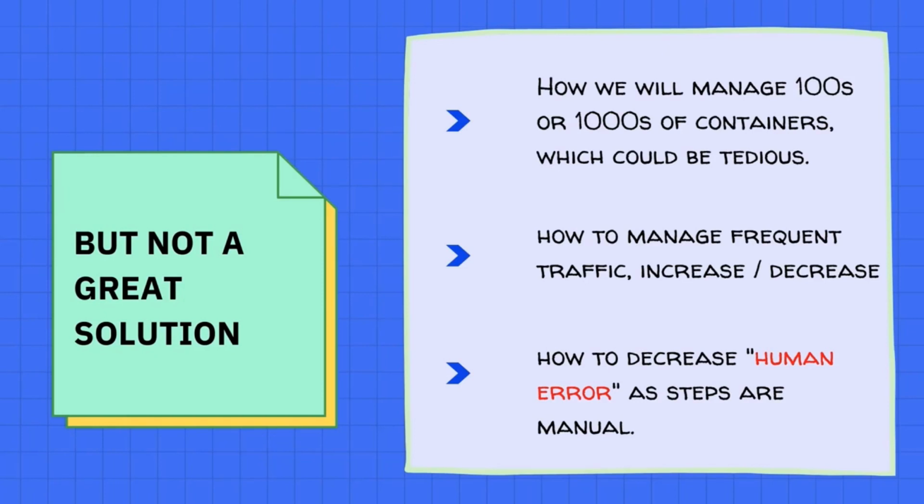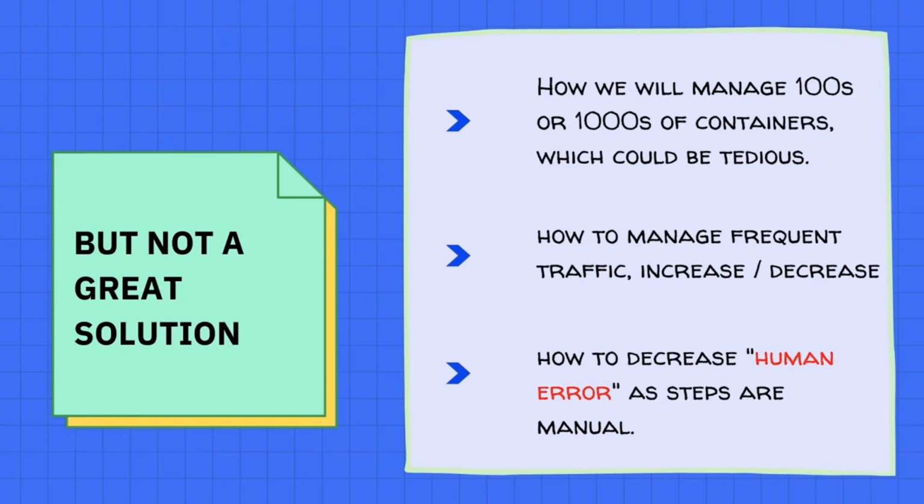So just think of how are we going to manage hundreds and thousands of containers manually. Definitely it is going to be a tedious task. How are we going to manage the increase and the decrease in the traffic? Let's say our user wants to have an ad campaign running and they know that this could increase the traffic coming to their application. So it should be controlled automatically, and when that ad campaign finishes, it should be capable of removing the unused containers which we are not going to use, so that we don't consume the underlying resources.